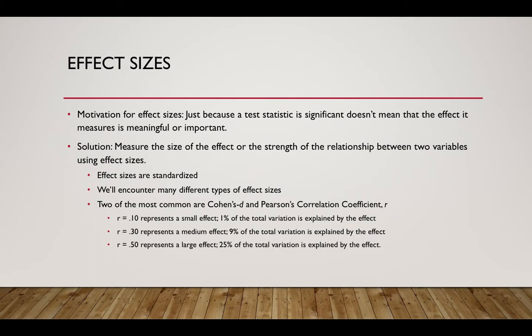Now, total variation is explained by r squared. So, for example, let's focus on r equal 0.3. That represents a medium effect when we use Pearson's correlation coefficient as our effect size. If we take 0.3 and square it to create r squared, well, that gives us 9%, so we can say 9% of the total variation is explained by the effect. So, the explanation of the total variation is explained by r squared,